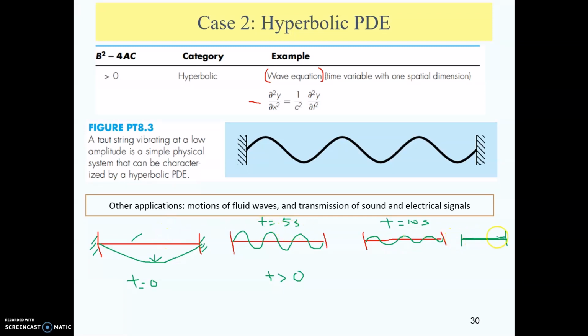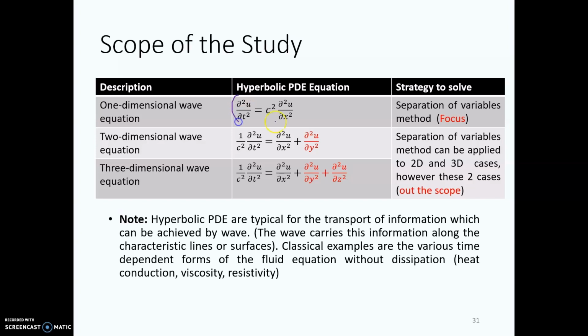We can model this problem by using the hyperbolic PDE here, where after you solve this PDE, you can obtain the vibration at y, which is in this direction, with respect to the x location here, and it will change with respect to time as well. So we can say that the solution for the hyperbolic PDE is transient, which can change over the time, as well as oscillating. So in this study, we only focus on solving the one-dimension wave equation here